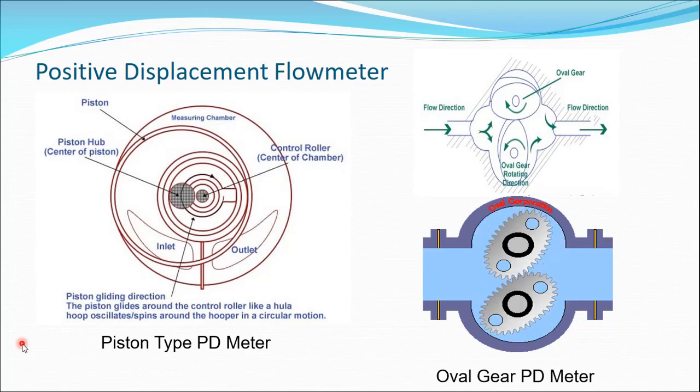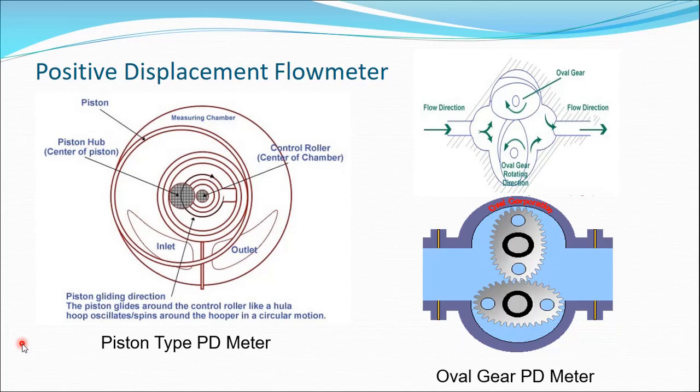Basically, the positive displacement type of flow meters are the only flow measuring technology that directly measures the volume of the fluid that passes through the flow meter. It achieves this by trapping pockets of fluid between rotating components housed within a high precision chamber. This can be compared to repeatedly filling a beaker with fluid and pouring the contents downstream while counting the number of times the beaker is filled.